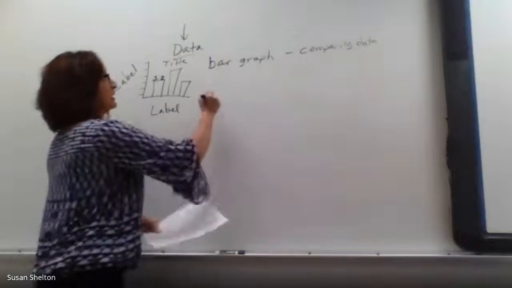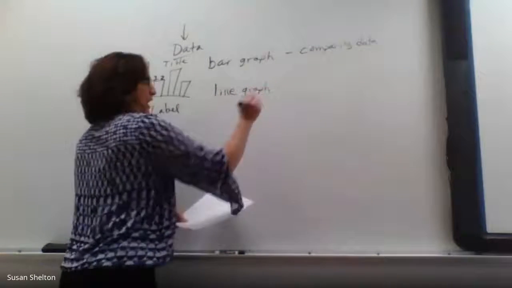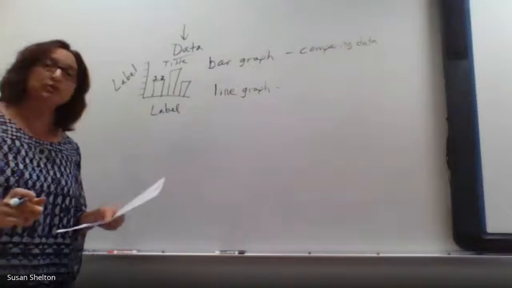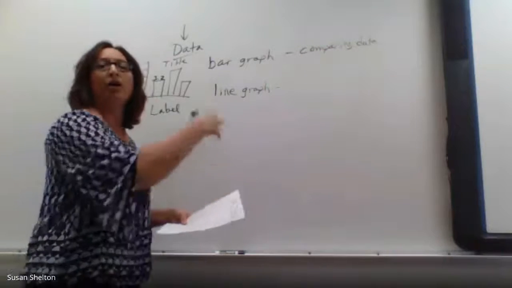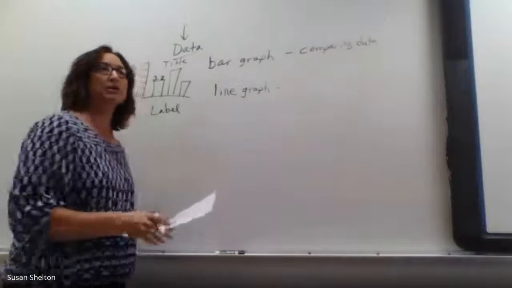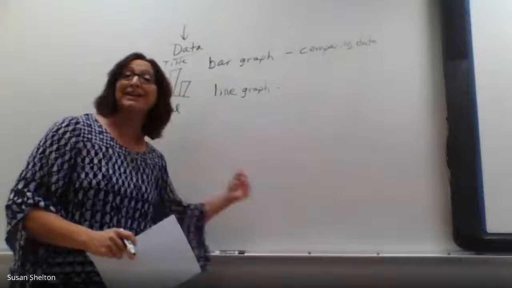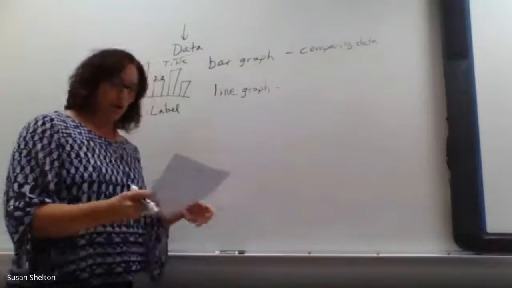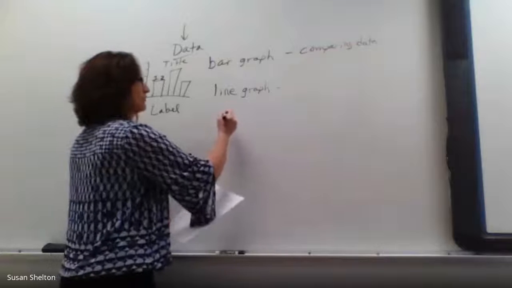Next, a line graph. A line graph is going to be used when you're looking at change over time, over an extended period of time. Maybe you're checking something every month. You're checking something every year. Every second, you're checking something. That's when there's change over time. And what a line graph looks like